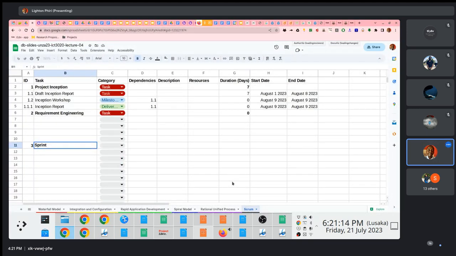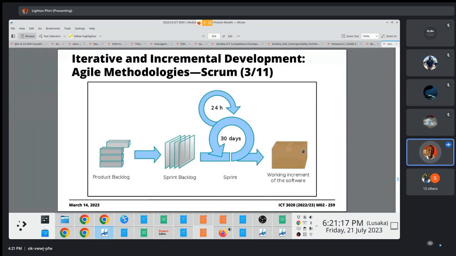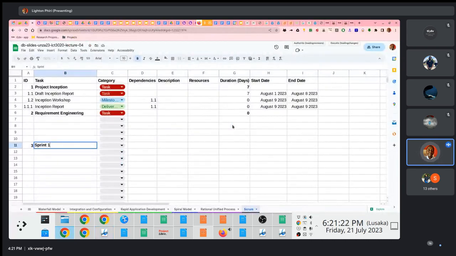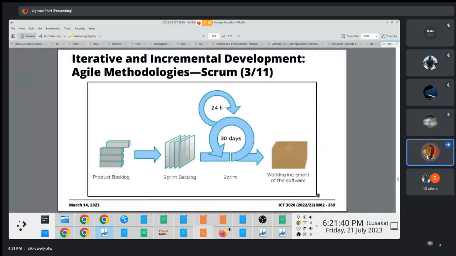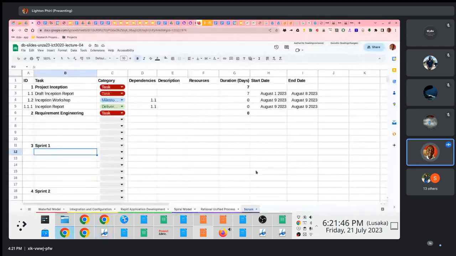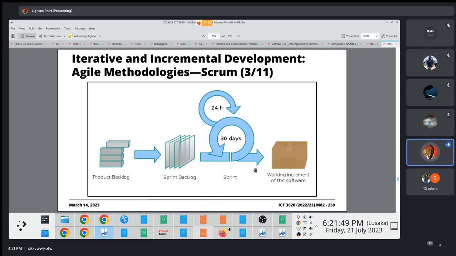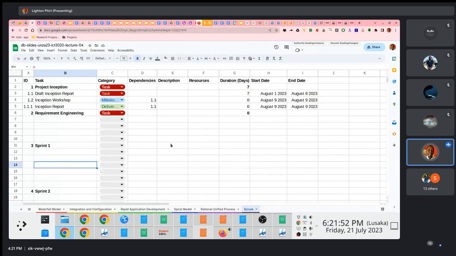The sprints, right? So remember, you have to plan here the duration of the sprints and all those things. So let's say you're going to loop maybe 5 times here. You'll have sprint 1 or something, and then you'll have your sprint number 2 here as a summary task. Or let's say we're just going to loop 2 times here. What's also important here, in all of these sprints, you are conducting these important tasks, right? I don't know if you remember the activities that are here, but in addition to those development-centric, SDLC-centric activities, you must ensure that you include things like sprint review,